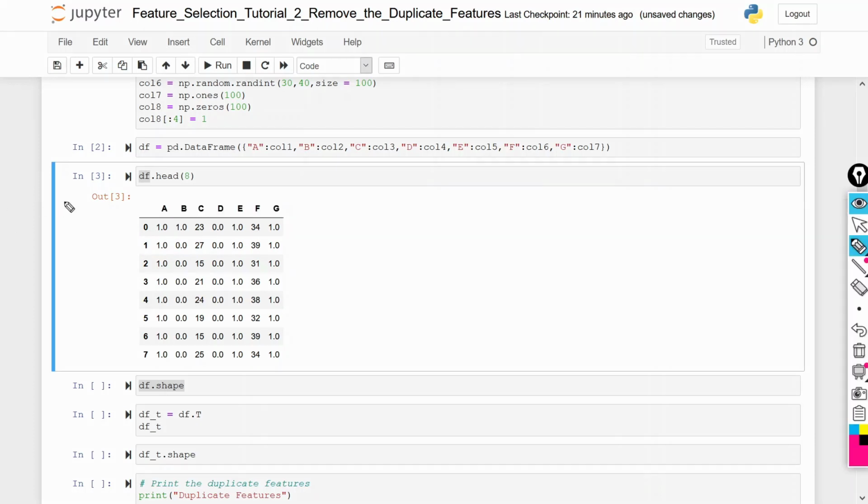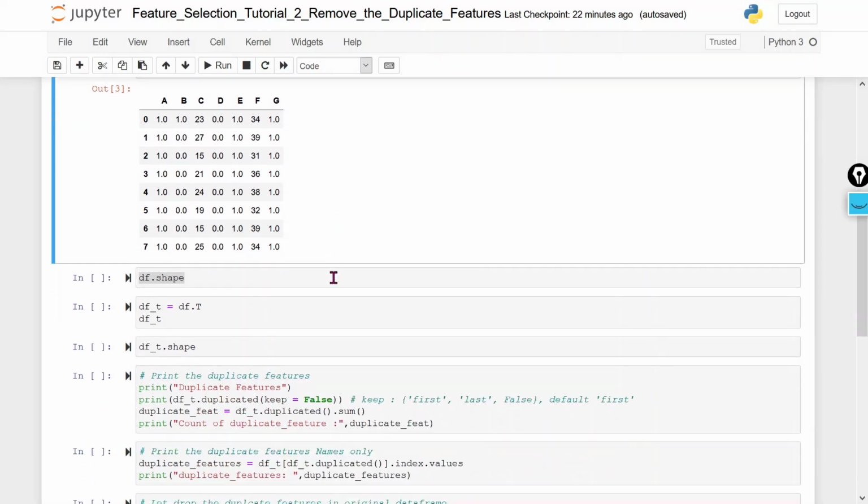It means we will verify whether feature A is the same as feature B, or feature C, or feature D, or any feature in that particular data set. So how can we verify that feature A is equal to B, or A equal to C, and so on? We compare A with any feature in that data set. So how can we do that?